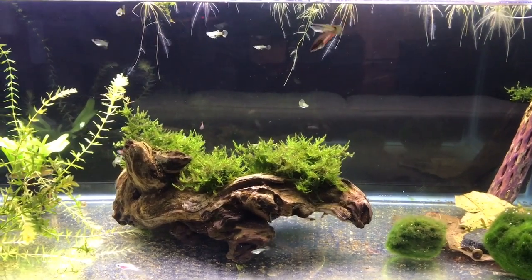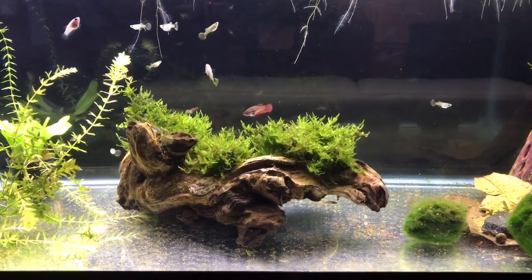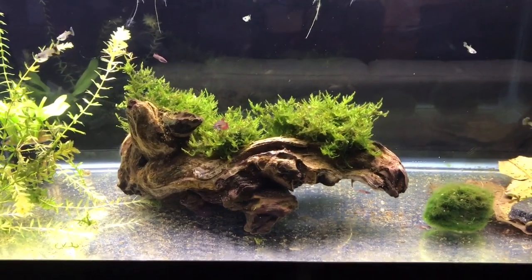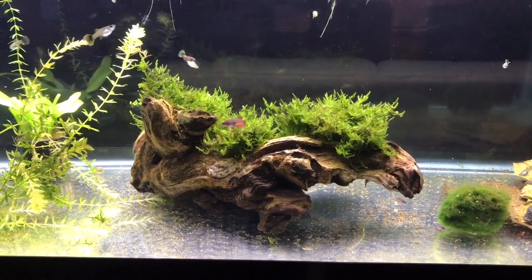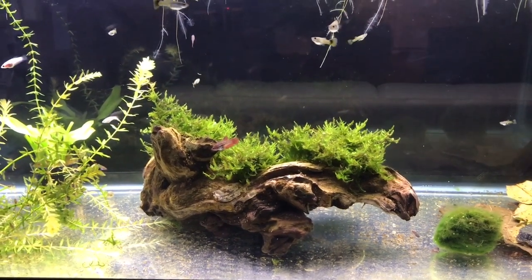So we have another milestone for our betta fish fry. They are now 2 months old. It is amazing to me just how quickly the time goes. It doesn't seem like 5 minutes since they were breeding and they were tiny little things, and now they're already